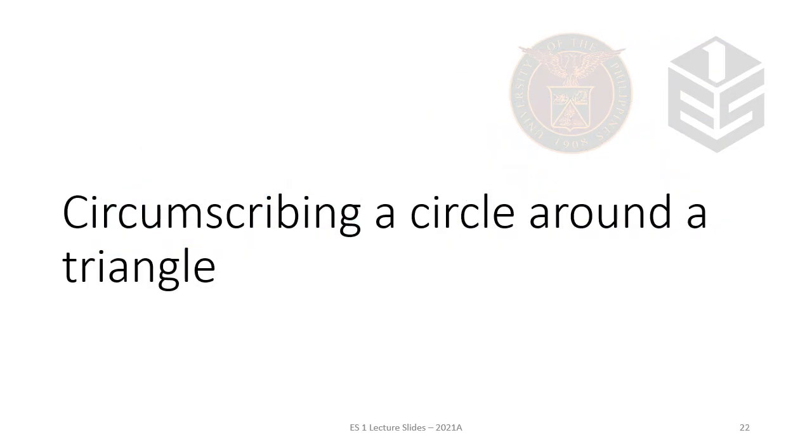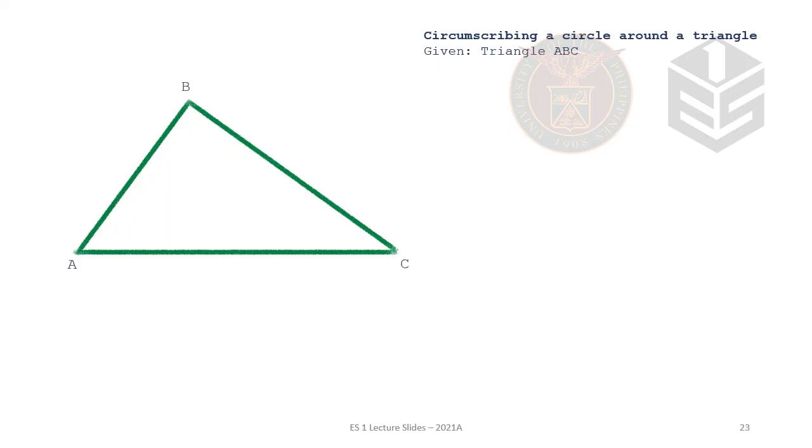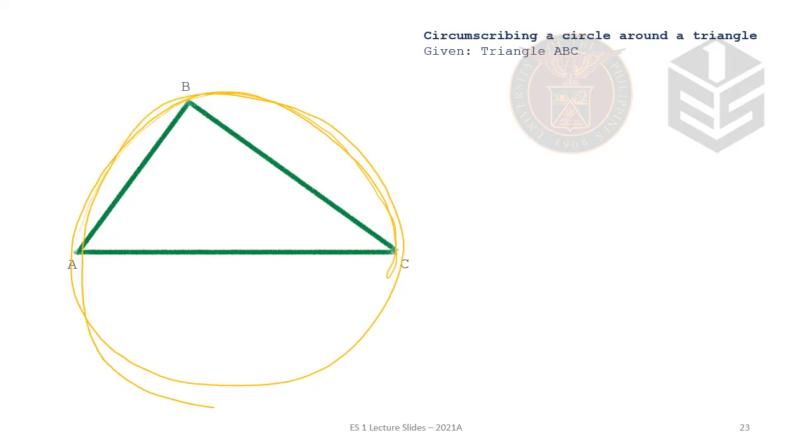Now we go to the last technique for triangles, which is circumscribing a circle around a triangle. Now, the idea here, if previously we drew a circle inside the triangle, we will now draw a circle outside the triangle. This one looks like a potato right now because of freehand, but you get the idea. Now this is going to be easier because we have discussed how to draw a circle or an